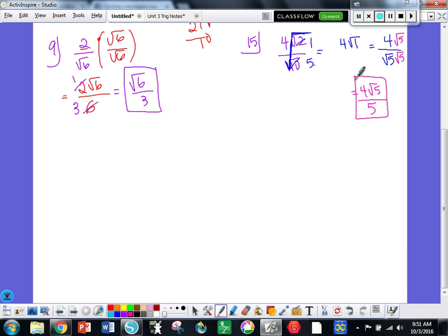Okay, so on this one, let's multiply the top and bottom by square root of 5. And then on the bottom, what are we going to put? So it's kind of like the square root of 25. On top, now you check to see if the root can be broken down: 30 times 5. So that's 2, 3, and 5. Which means